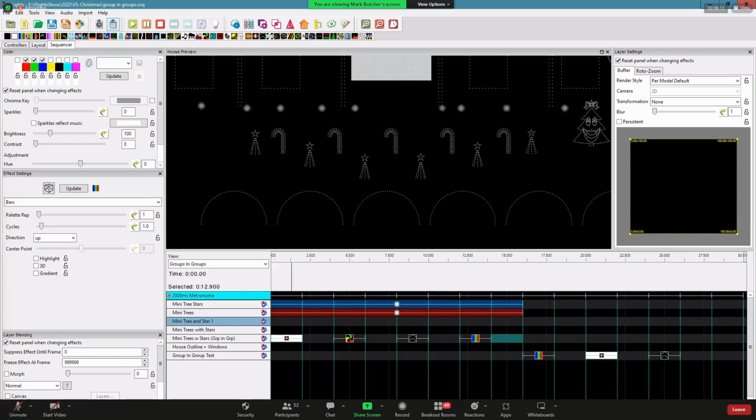I've got a couple things I'm going to talk about in the layout, but before we go on to that, are there any questions on this part right here? All right, I'll take that as a no.